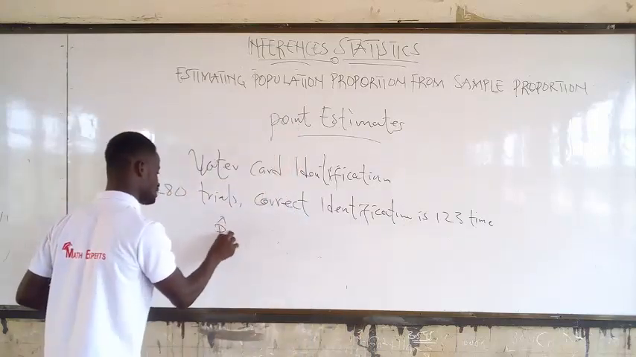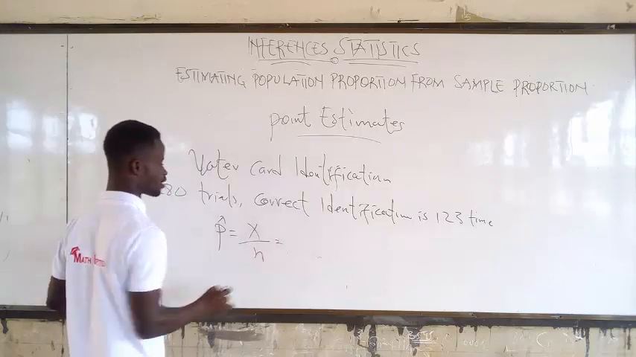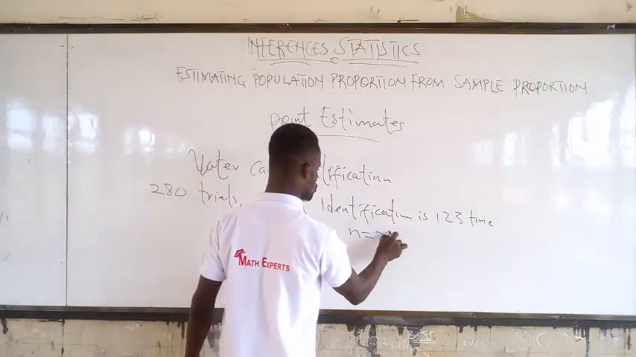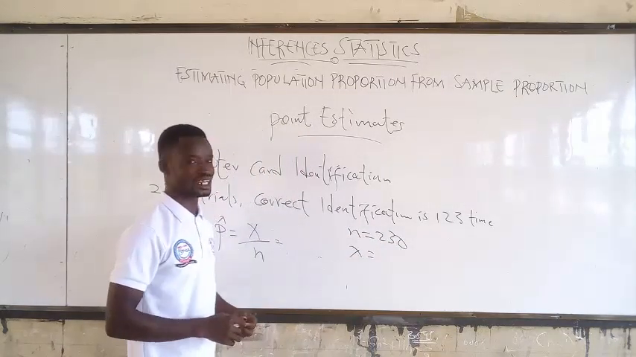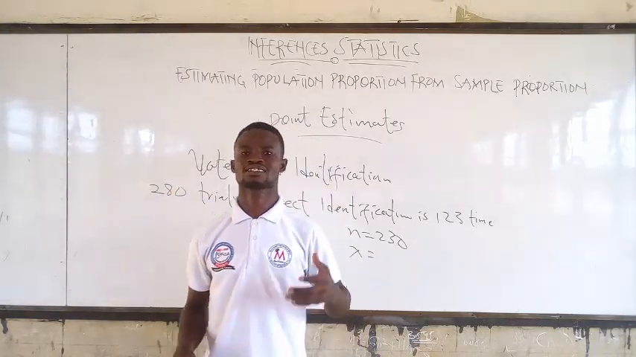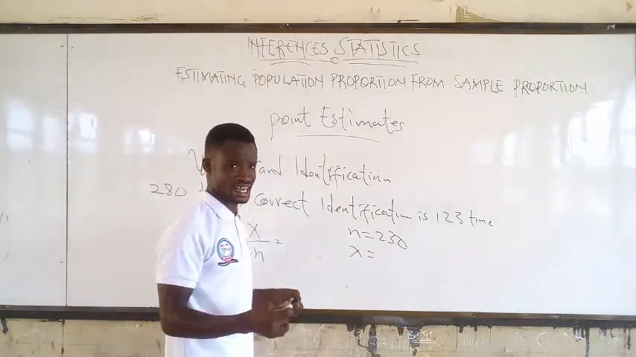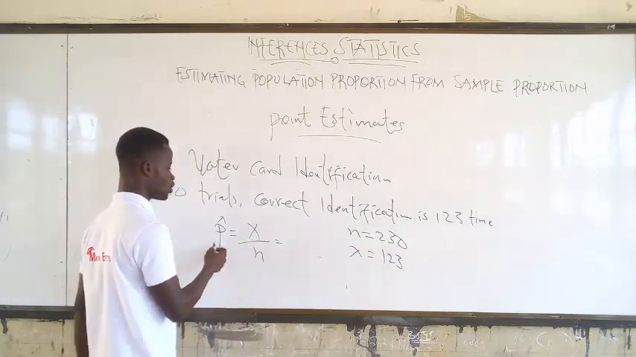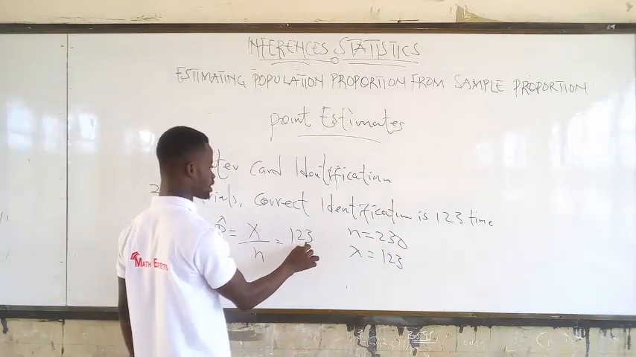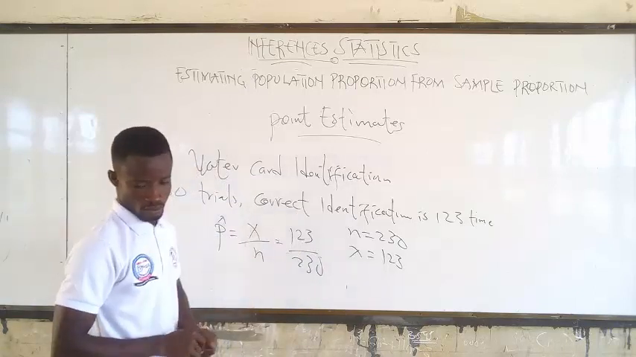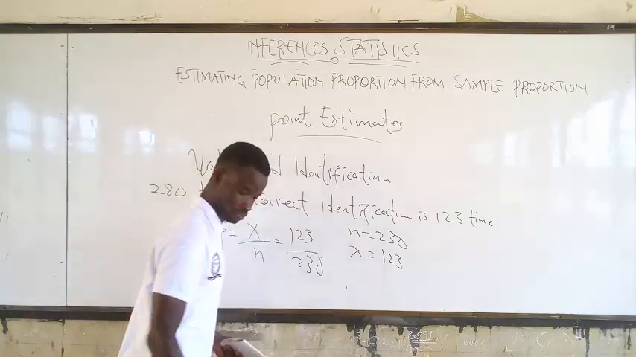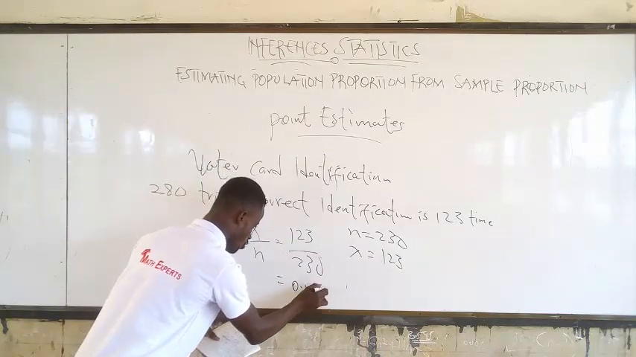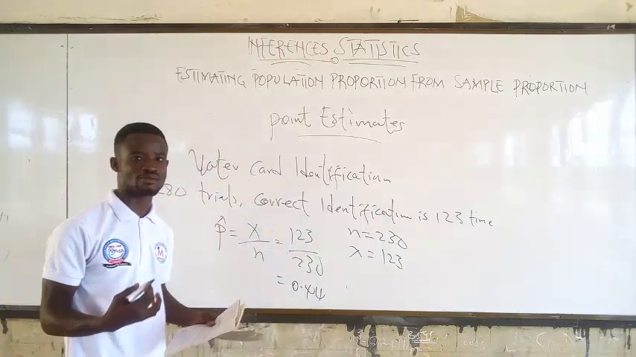So that would be the P hat, which is equal to the X over the N. So having this, the number of trials will be the N. So N is 230. Then the X will be the number of successes, the number of successes in a successful trial. So it's going to be 1, 2, 3 over 230. And when you do that, you are going to get 0.44. You see, in probability, you cannot get a number which is more than